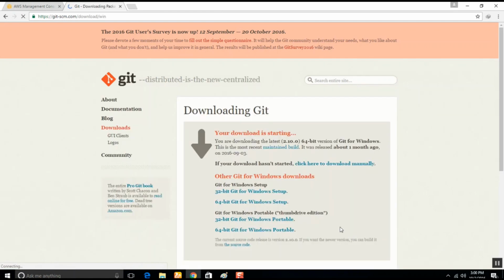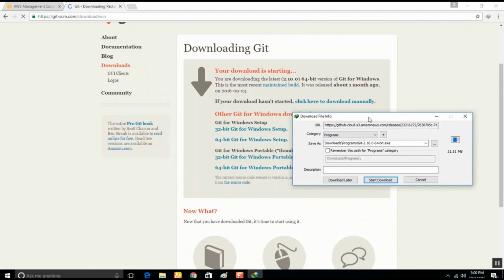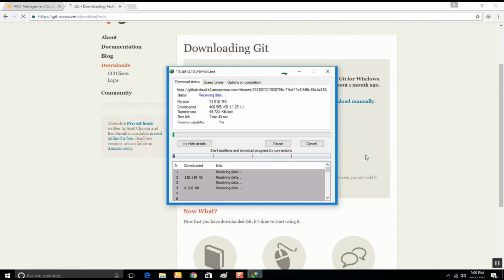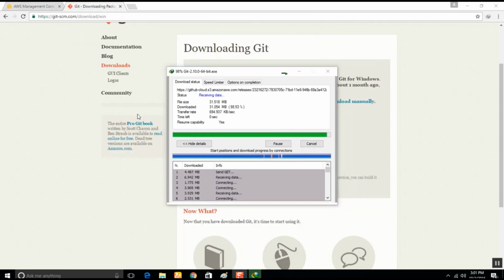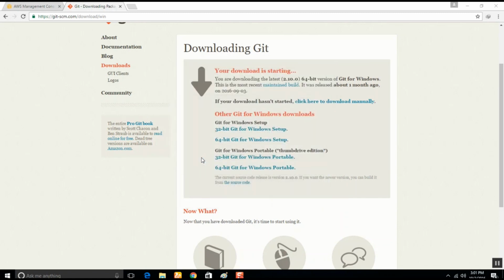Download for Windows. It's by default taking 64-bit as my system is 64-bit, and hit download. Give it a few seconds for the download to complete. Okay, it's completed. Now let us install it.